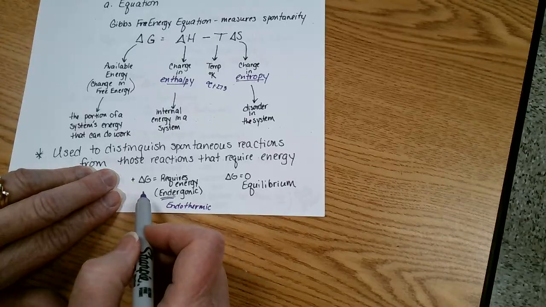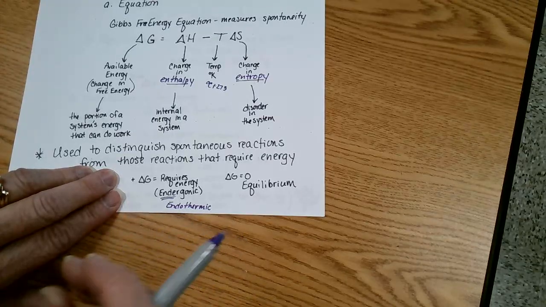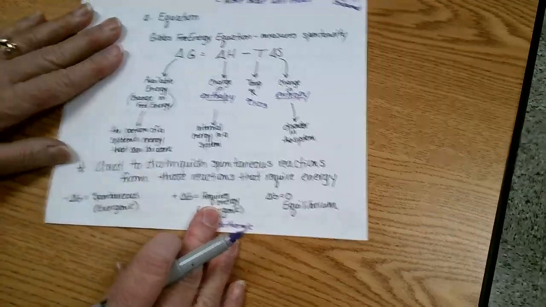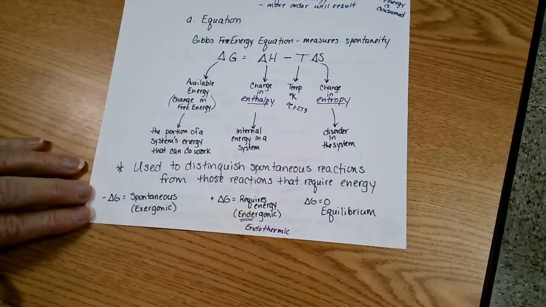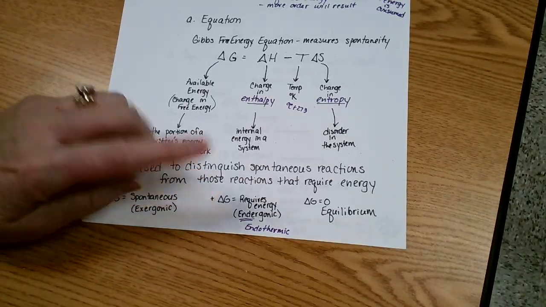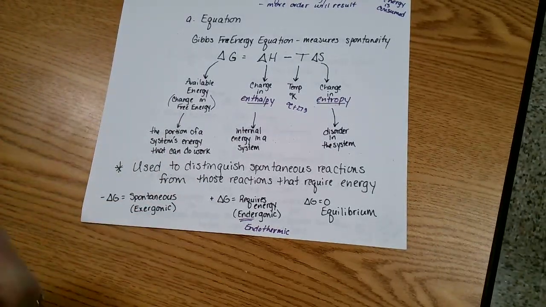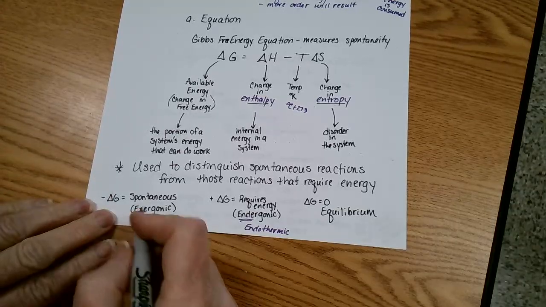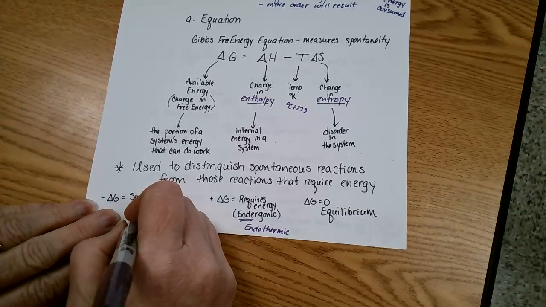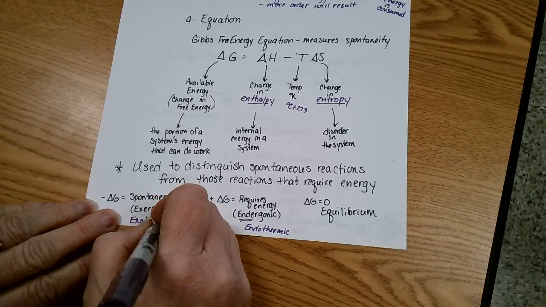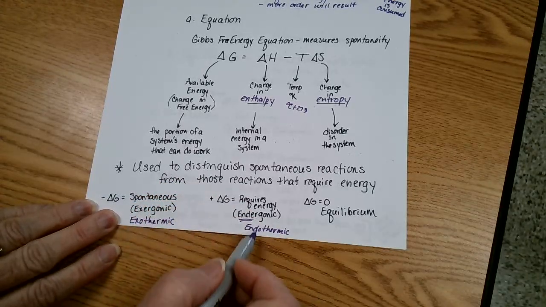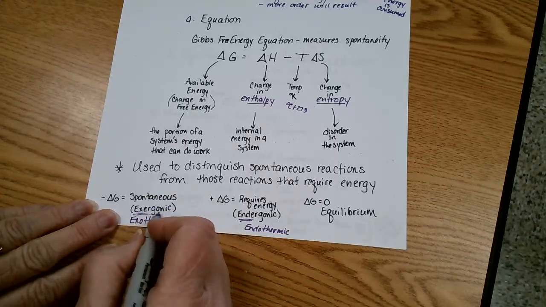So if something is positive delta G, it's going to require energy. It's going to require some work, okay? And then finally, there's the negative ones. Negative means it's going to give you energy, if anything. And I know you want to think positive. Isn't that positively giving you something? No. Negative, because the energy is being released out of the reaction. It's exiting the reaction. That's exergonic. That's the newer version of exothermic. Same thing. You're allowed to use these two terms interchangeably, but the gonic